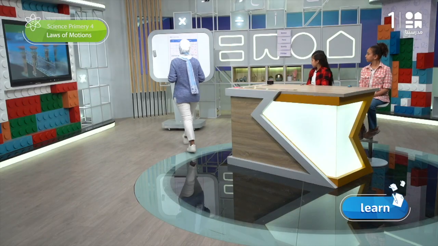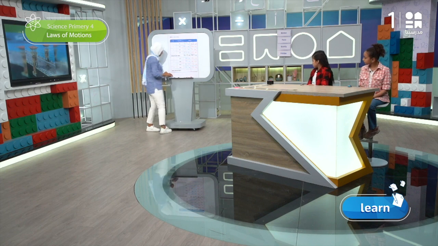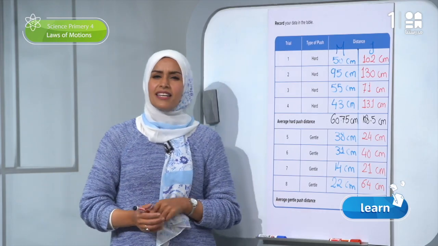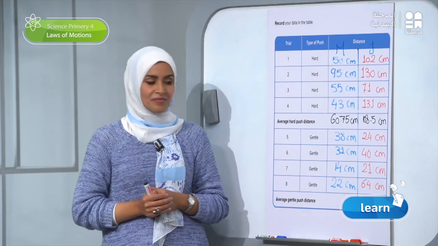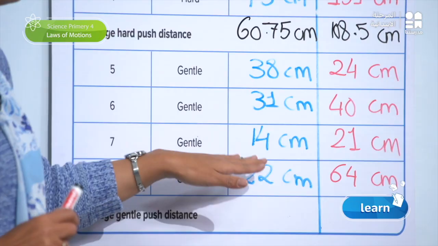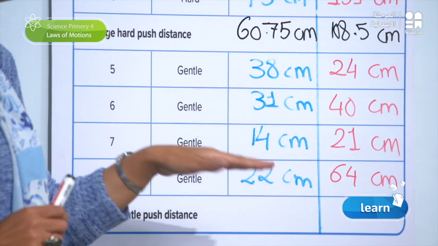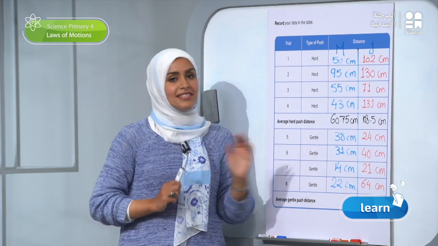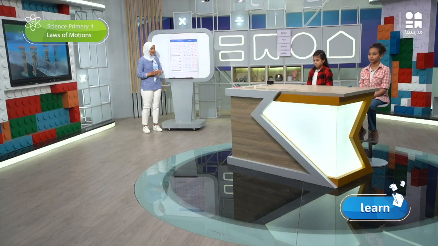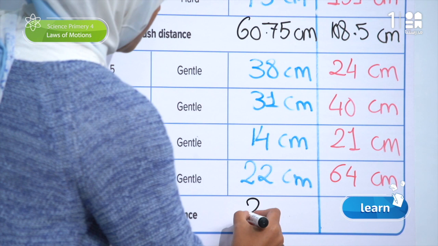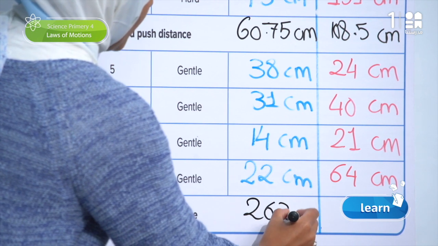After we recorded our results and calculated the average of the car the first time, now we are going to calculate the average when we push them gently. فاكرين الافريج كان بيتحسب ازاي؟ We are going to add the 4 times أو the 4 trials, then we are going to divide them by the number of trials اللي هو 4. يبقى الافريج كام؟ 26.25 سنتيمتر